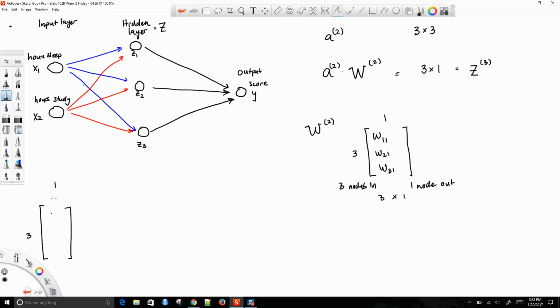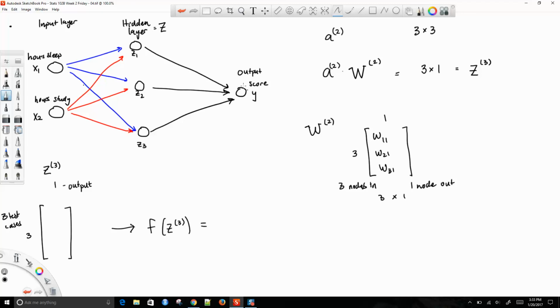The 3 here is our 3 test cases, and the 1 is the output. And then lastly, we apply our function to Z3,